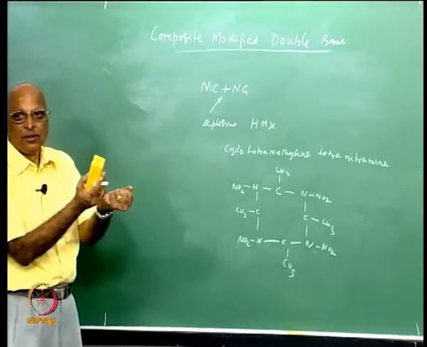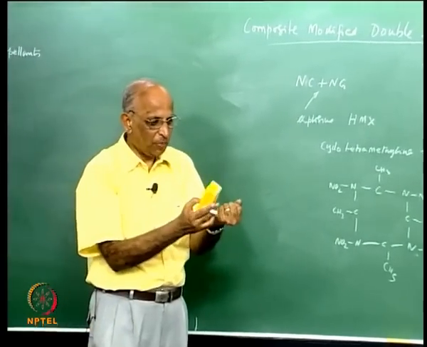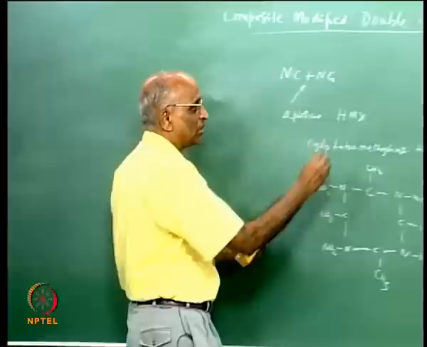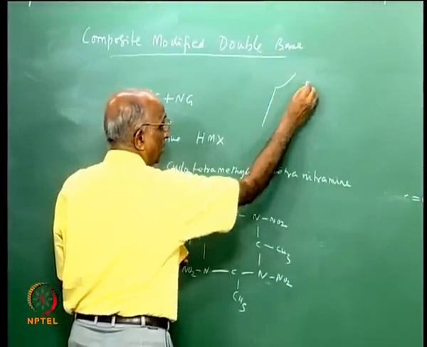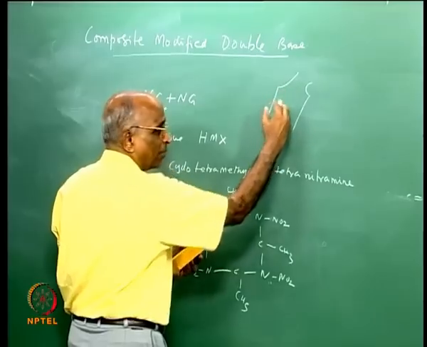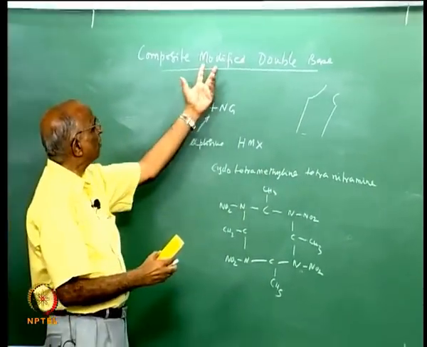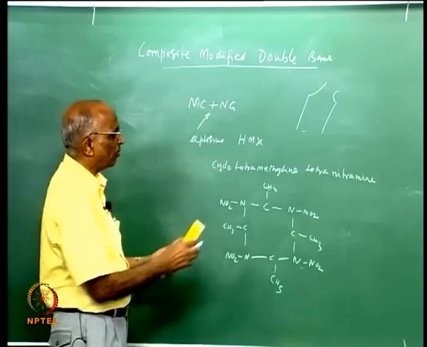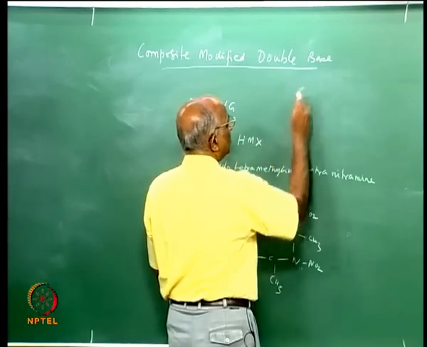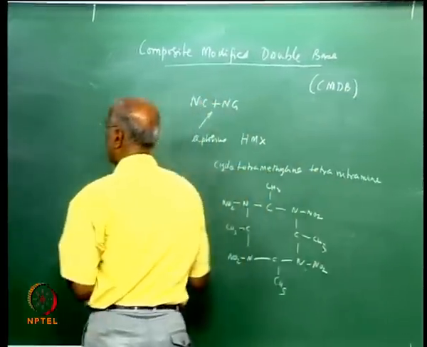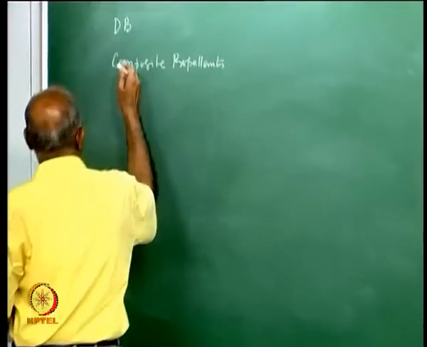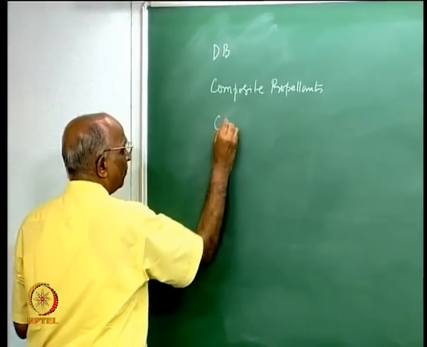It can withstand some amount of strength, because a propellant must also have some strength because it is bonded to the case and it must not get detached from the case, or it must not develop cracks, and that is why we find composite modified double base propellant, we will call it CMDB. Therefore, the third propellant is a mixture of a double base and an explosive,